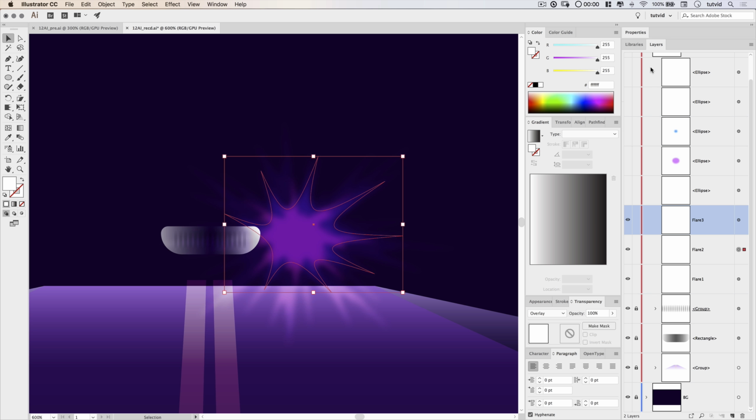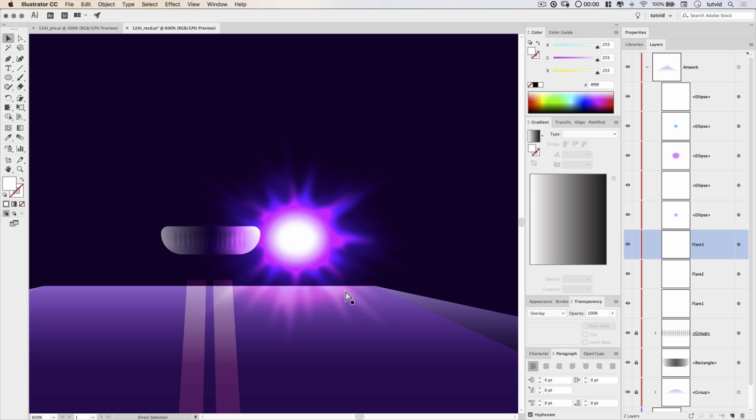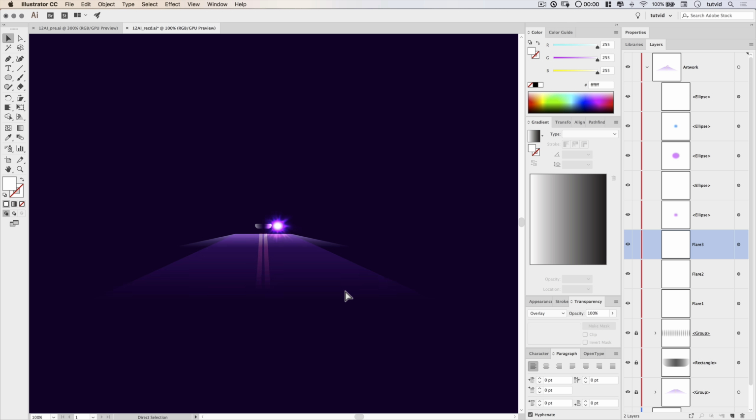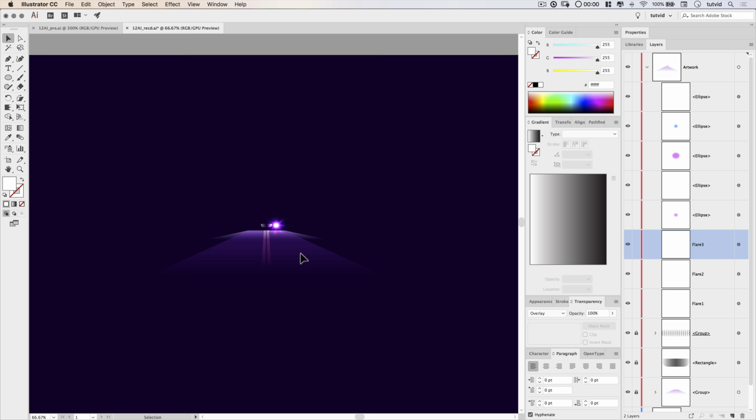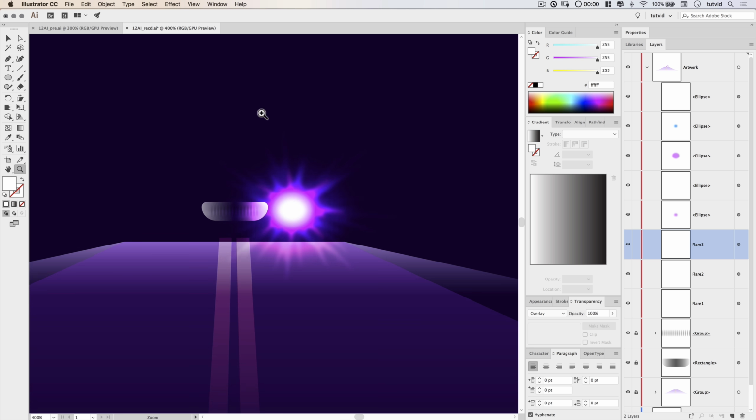So let me just collapse properties for a second here. And we have all of these layers stacked on top of this. So let's turn on Flare 2, Flare 3, and then all of the layers on top of it that are ultimately going to be making up our headlight. And you can see what we get, this really kind of cool effect. And if you zoom out far enough, well, if you zoom out far enough, kind of anything looks good. But if you zoom out far enough here, it does sort of look like a car headlight.